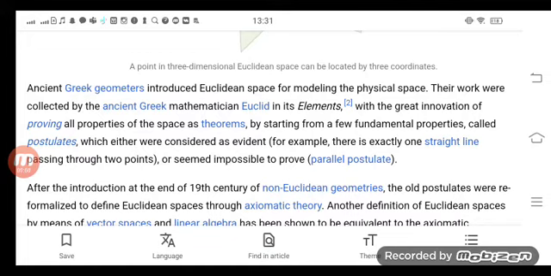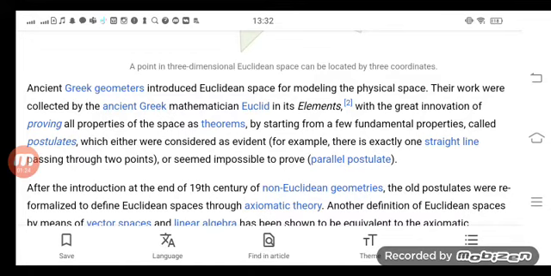proving all properties of the space as theorems, by starting from a few fundamental properties called postulates, which either were considered as evident. For example, there is exactly one straight line passing through two points, or seemed impossible to prove. Parallel postulate. After the introduction at the end of 19th century of